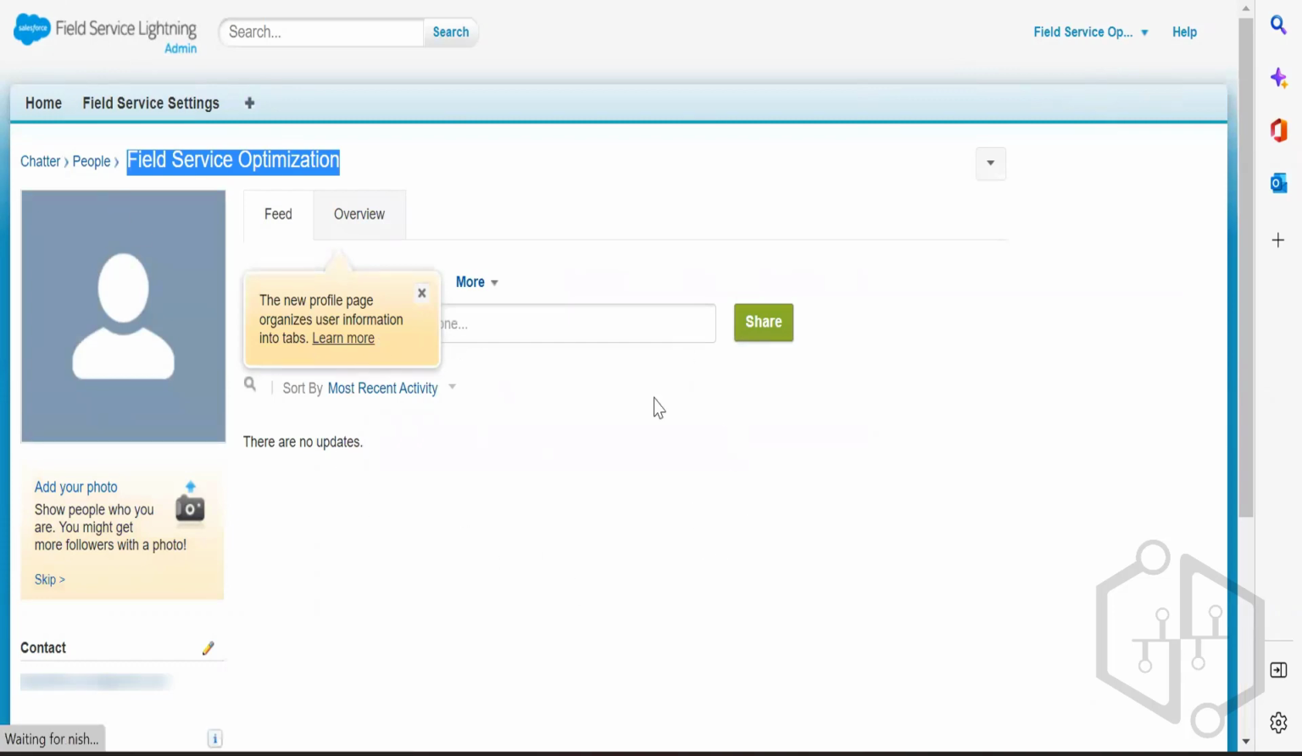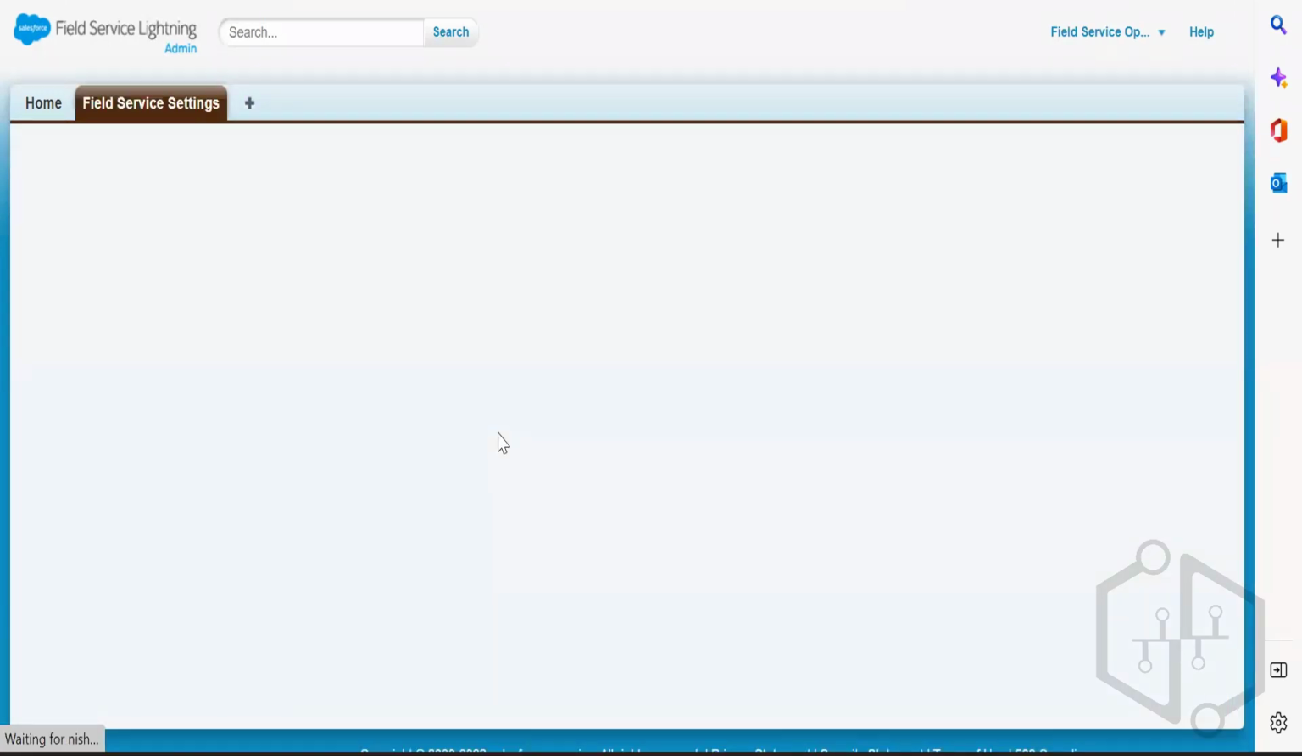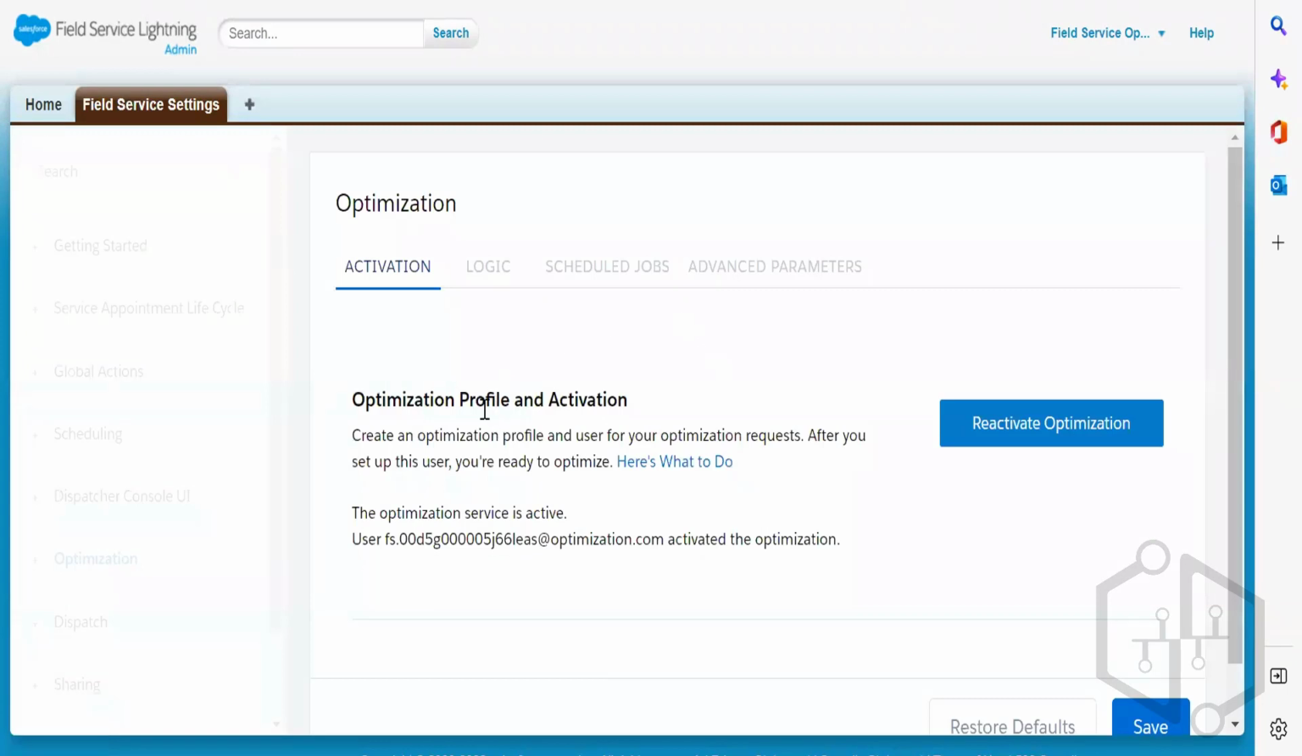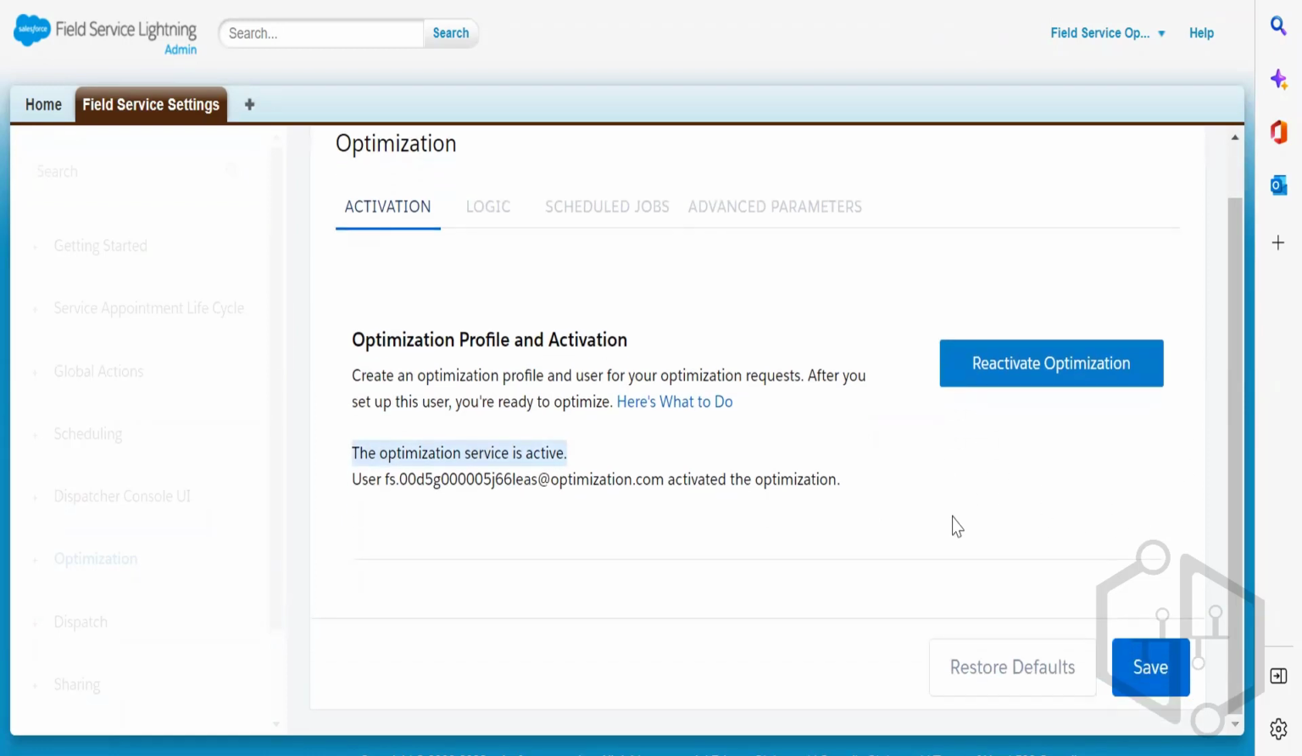So here, if you redirect to this specific tab, look at this. Here I have already activated it; your optimization service is active. One option will be there under it, reactivate optimization. I'm not reactivating it because my optimization profile and activation is already active. Okay, so I'm not clicking on activate optimizations, but the first time, when you click on create optimization profile